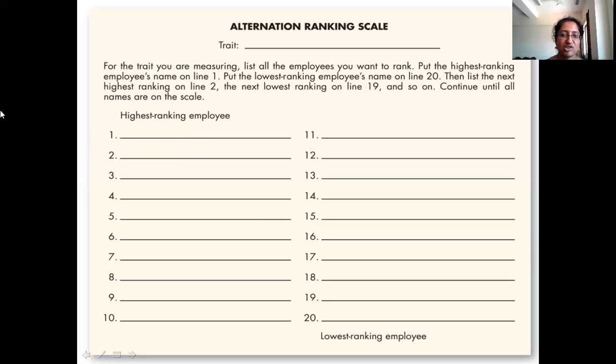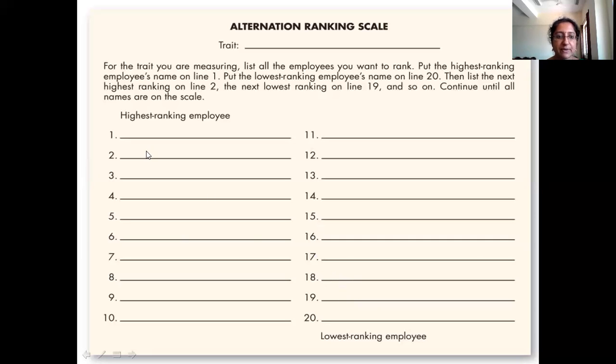See which employee is rated the worst in terms of that particular trait. You notice that Mr. Z is worst. So here you will put Mr. Z. So you have finished rating A, you have finished rating Z, put both of them aside. Now you take Mr. B, Mr. C, Mr. D, etc. till Mr. Y. Now you rate among these employees, you have to rate the second best and the second worst.